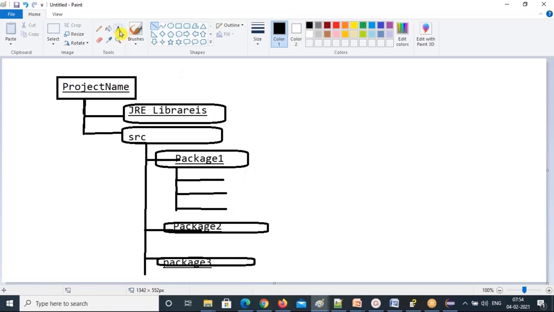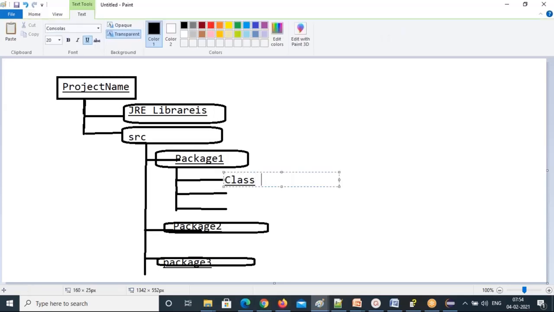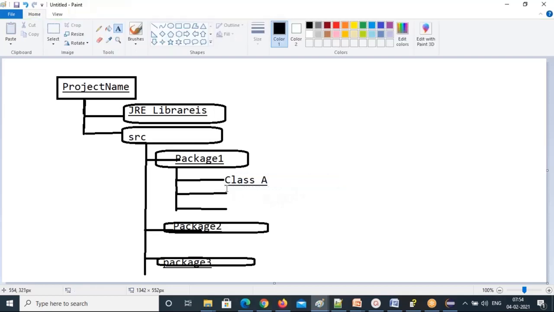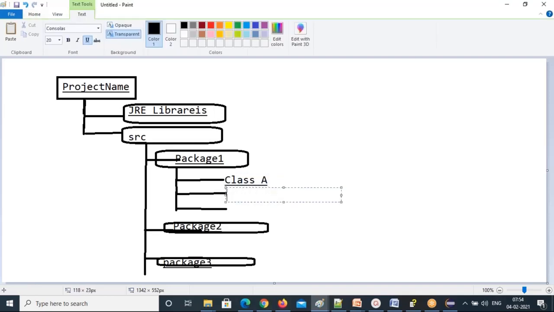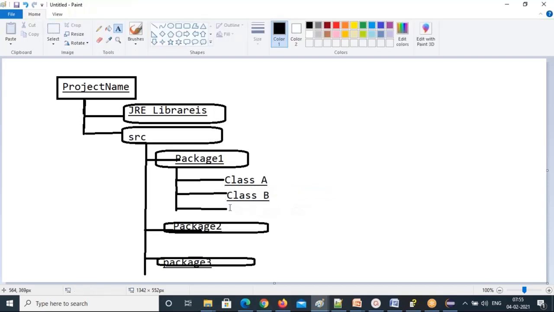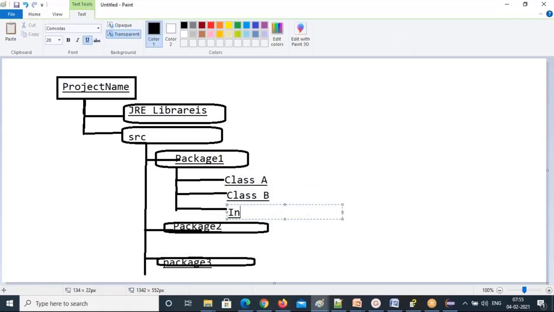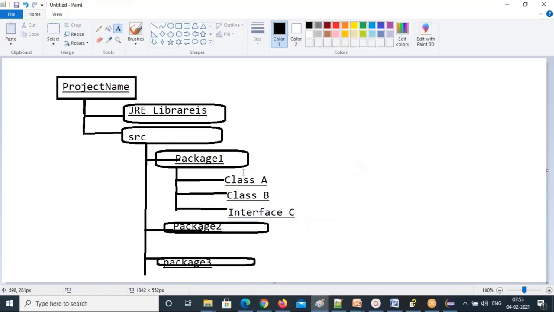The next step is, after creating a package, I'm creating a class for that package. Suppose I'm creating class A, then another class for the same package, class B, and one more, an interface C. So these are the different classes and interfaces I can create under one package, and you can do the same in the second package also.